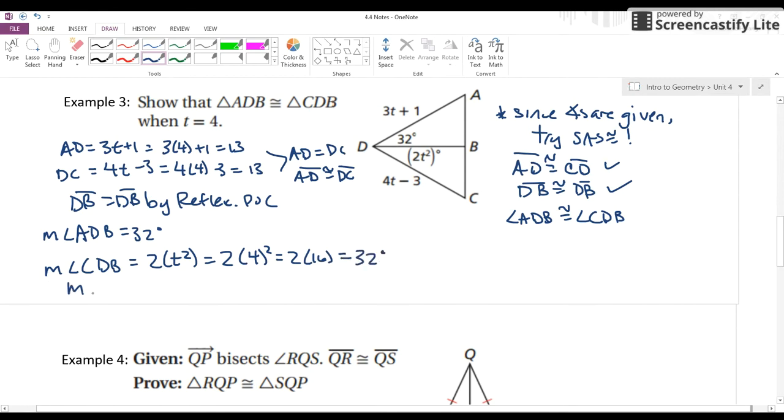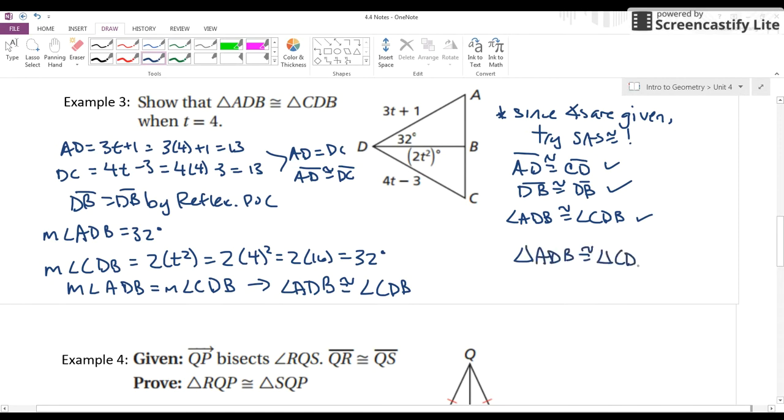So since the angles are equal, they must be congruent by your definition of congruent angles. Check. So since these all work, triangle ADB is congruent to triangle CDB